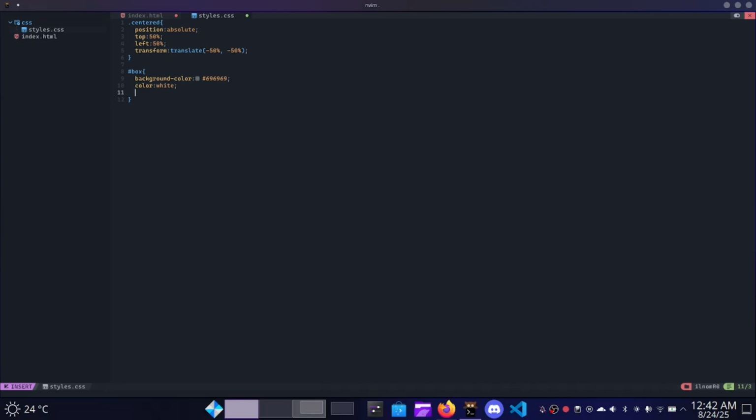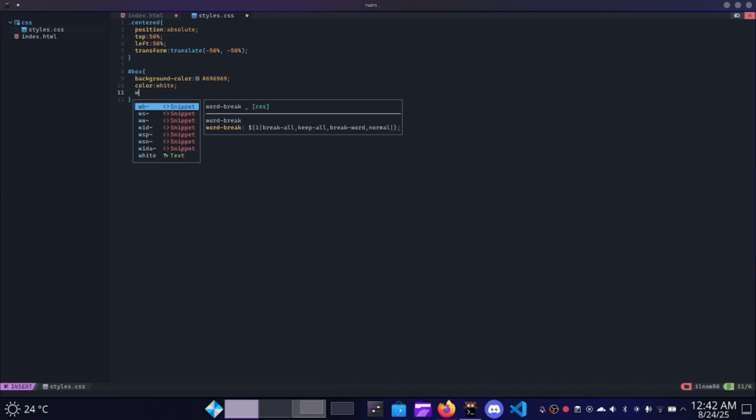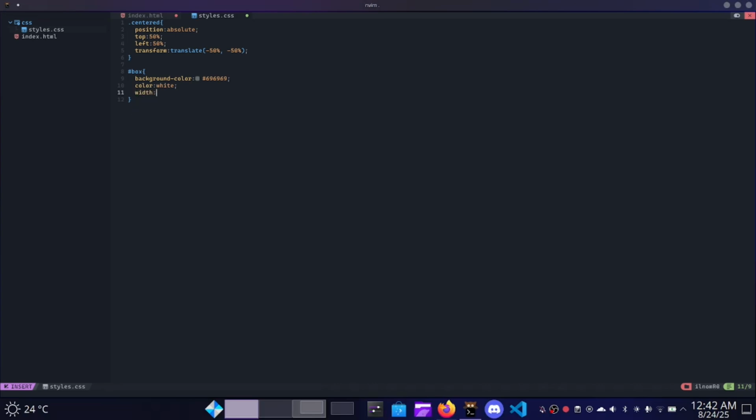Simple. Now, let's resize our div, because by default, you cannot see divs. If you didn't know that and you're confused on what a div is, now you know. We can do width 20 or 40 VW, and height,